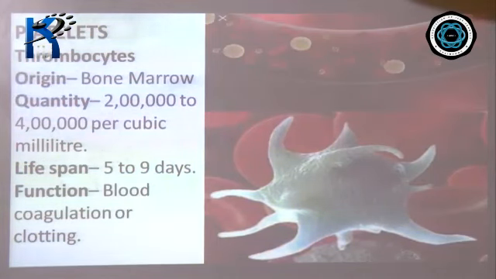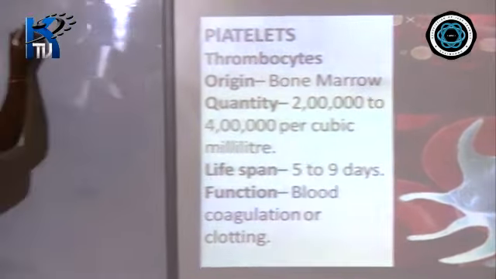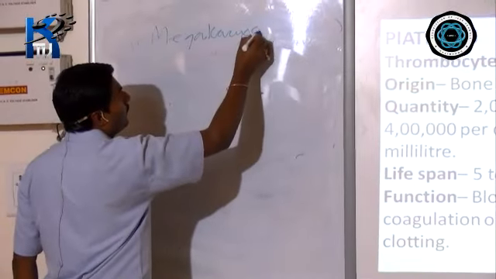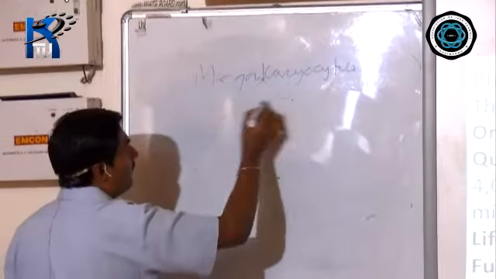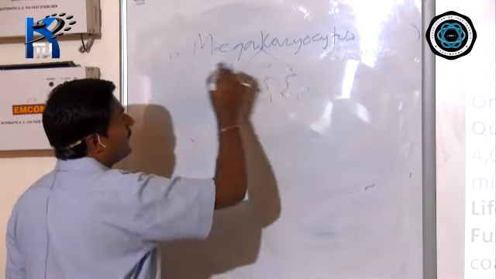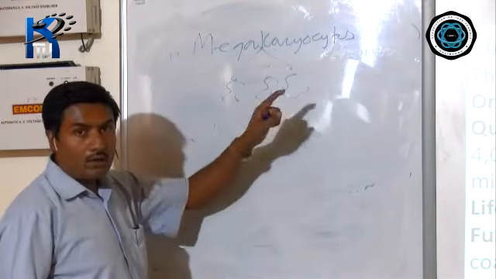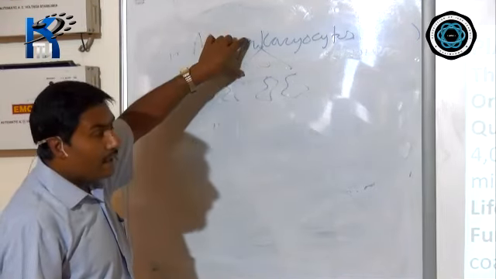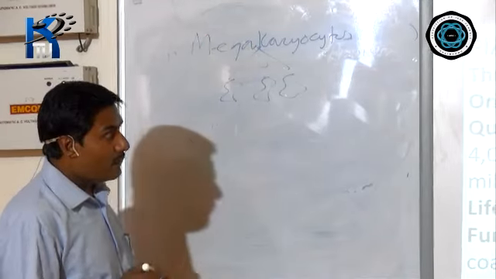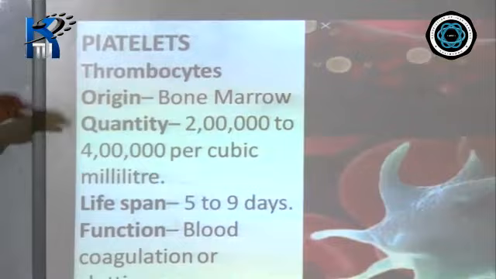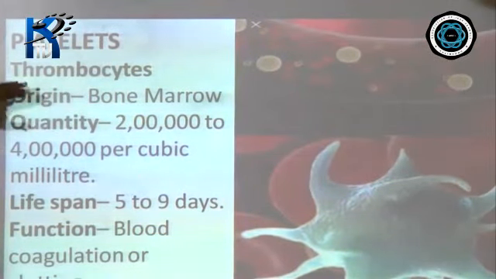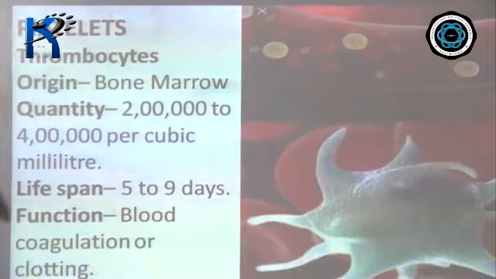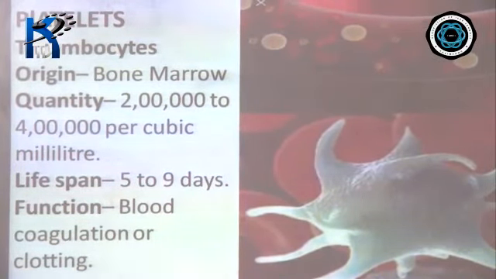Where are these platelets formed from? The platelets are formed from megakaryocytes. The fragments of these megakaryocytes are called platelets. They are not true cells. Therefore, they are not included under corpuscles. What is the other technical term for platelets? They are called thrombocytes. They produce a chemical called thromboplastin. We'll come to that part.